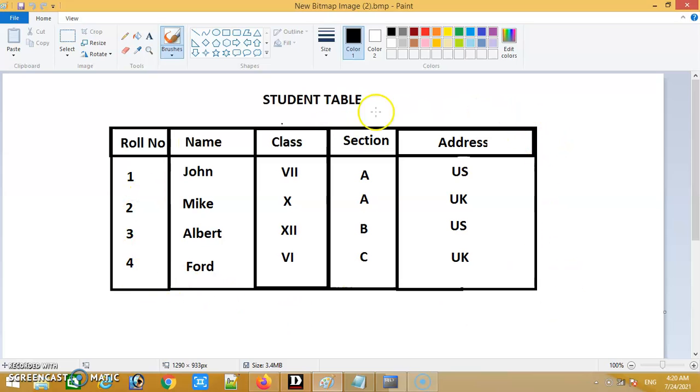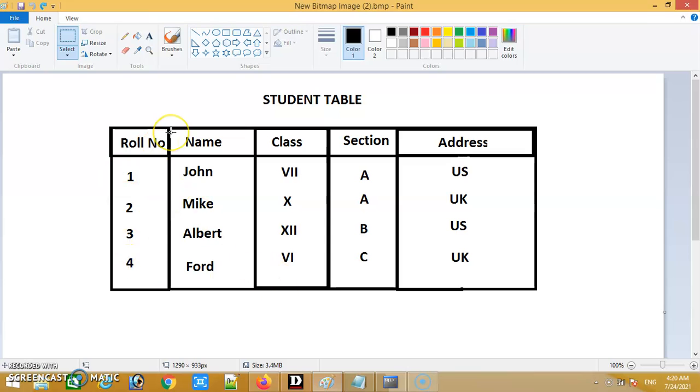This is the look of a table structure, and these are called the rows. So there are 1 2 3 4 rows, and these vertical columns are called columns, or fields. There are 1 2 3 4 5 fields and 4 rows.